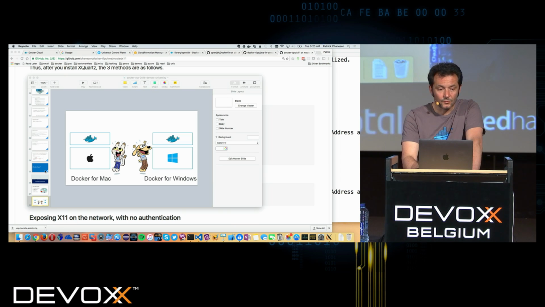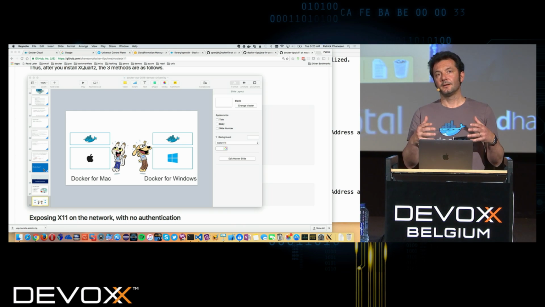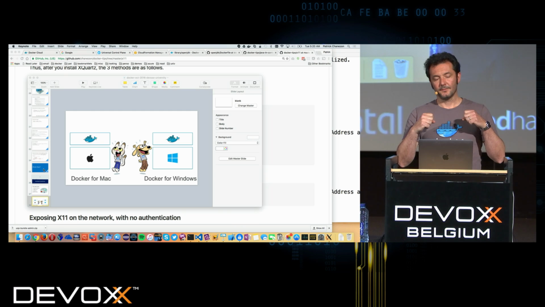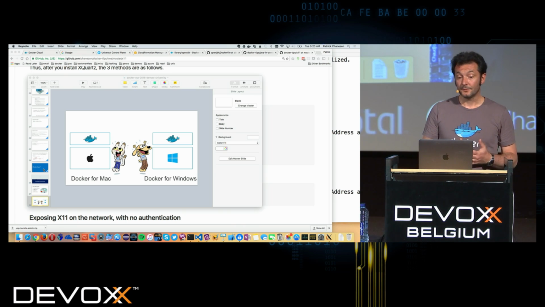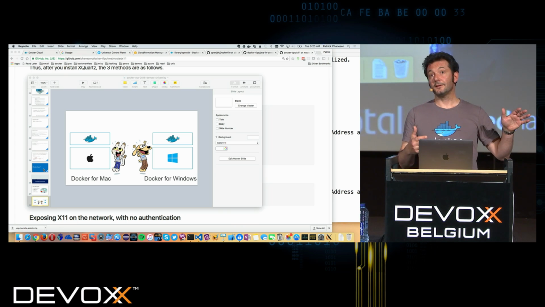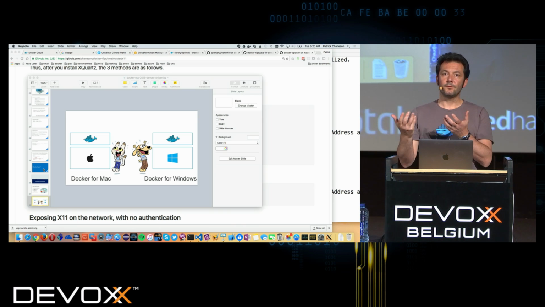Under the hood, it's using what's called the Hypervisor Framework. There's a new framework in Mac OS X since 2 versions that lets you create your own VM. So Docker for Mac doesn't use VirtualBox anymore. It creates its own VM with an Alpine image in it and Docker installed in it, and a series of 2 drivers, one for networking and one for volume, that translate the system calls between Linux and the Mac.